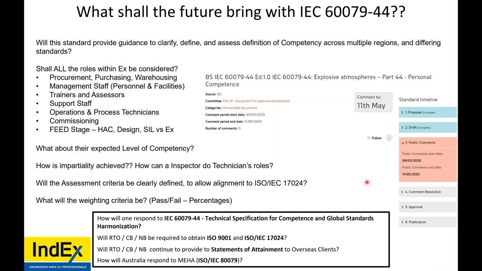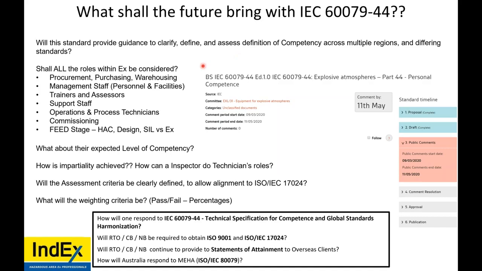Yeah, there's a working group, and the plan is to finalize this standard within 1 or 2 years. The main headache here again is that in the case of personal competency, everybody is speaking about electrical and no one is speaking about non-electrical. So there is a demand on the market to define how we shall understand non-electrical explosion protection in terms of competency.